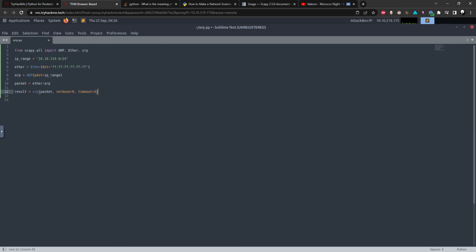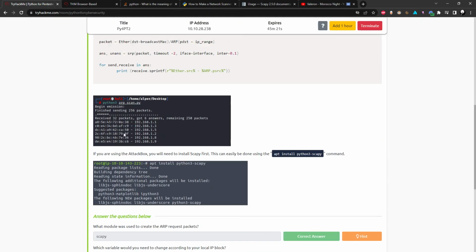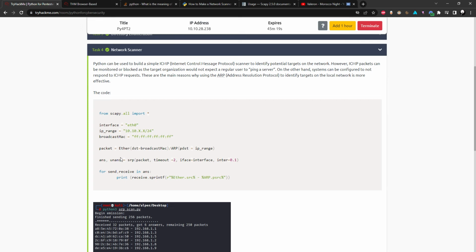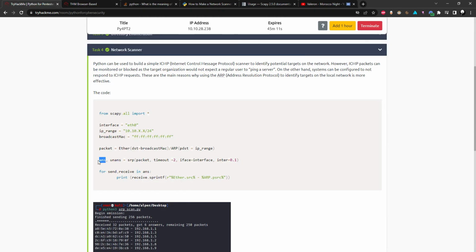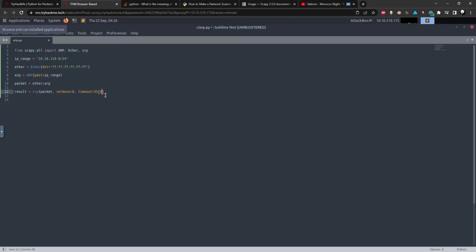And in this case we'll only take the first value, because if we take a look at what TryHackMe's code looks like, it's the answered packets and the unanswered packets. In this case the 0 just stands for the answered packets, so we'll just take those